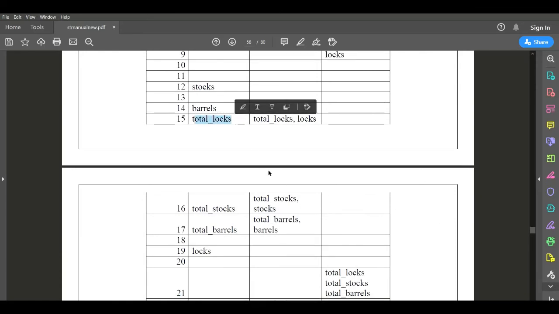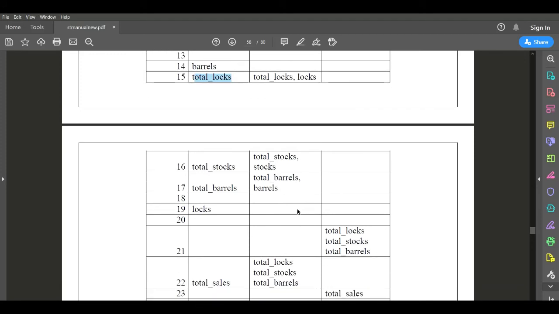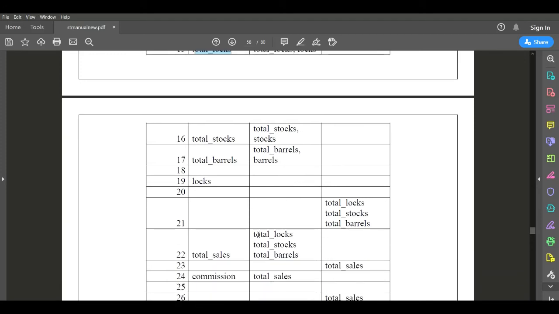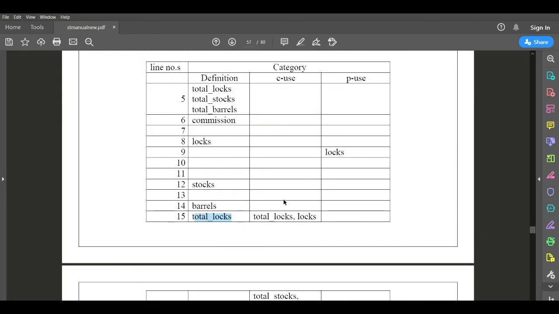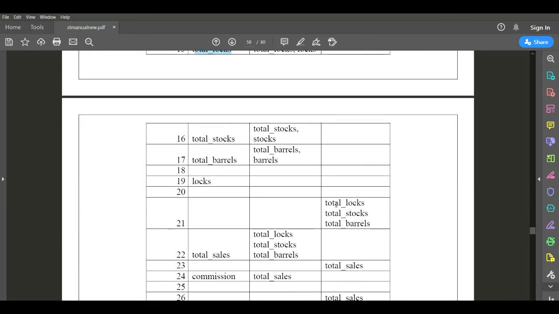So here it is defined. Now we are using it in line number 22. How? Computation usage, and total lock value here I am using as a computation usage. These three variables also we are using as a computation usage in line number 21, which is defined in line numbers 16 and as well as 17.